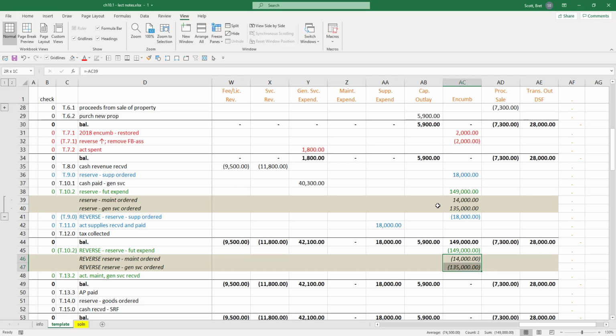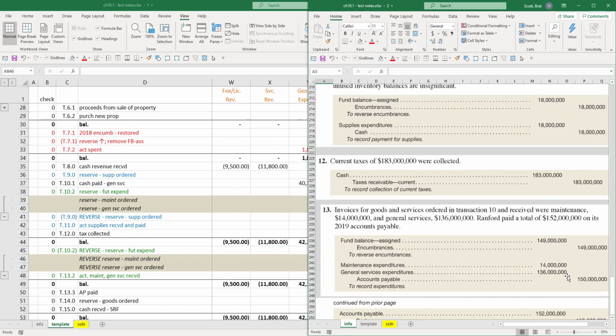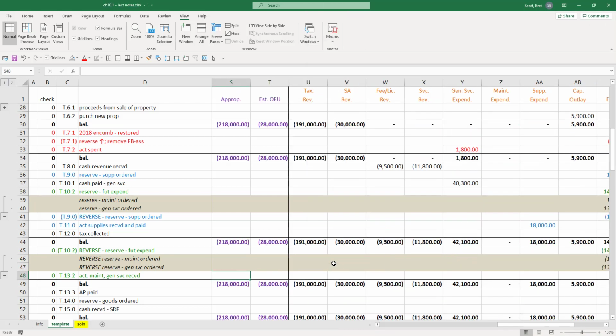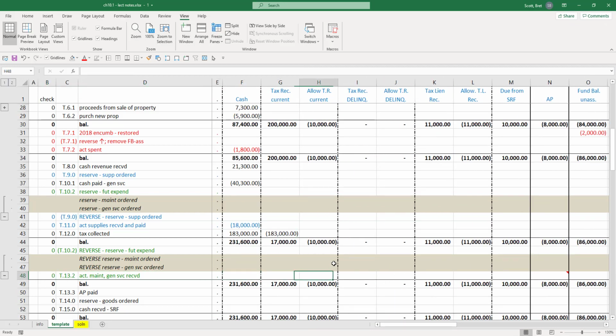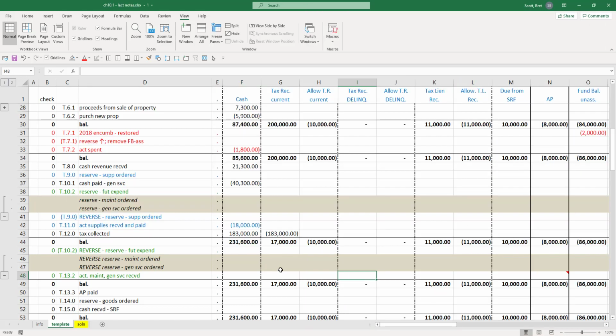The next portion of this transaction says what? Once we get rid of the encumbrance, now we actually have to acknowledge that we either paid for this or recorded it in accounts payable. They don't quite give us the information clearly that we essentially incurred this on account. So let's just go ahead and record that as an account payable. Total amount we received, 14 and 136. That was maintenance expenditure, general services expenditure. We'll go ahead and credit accounts payable rather than cash. So accounts payable,